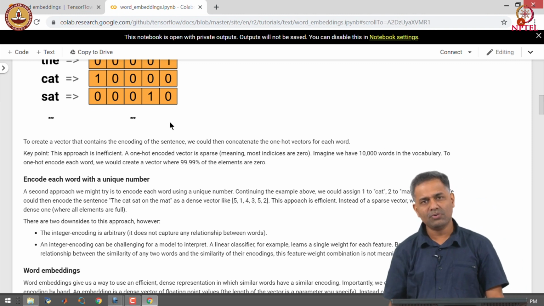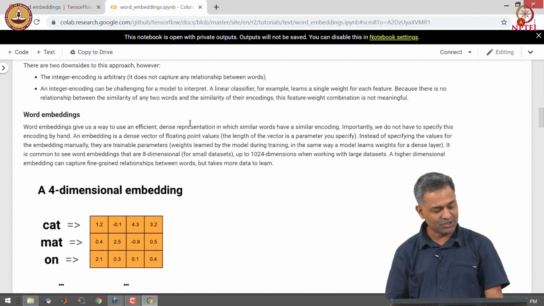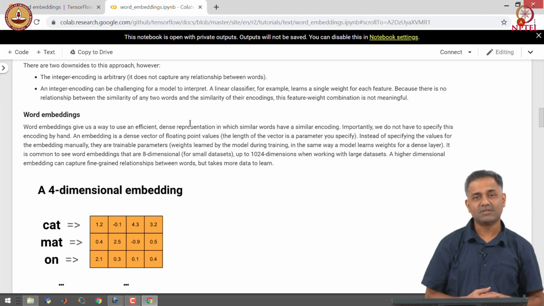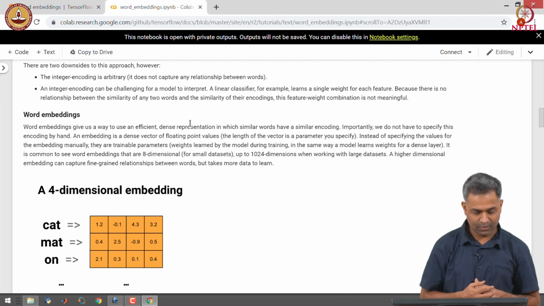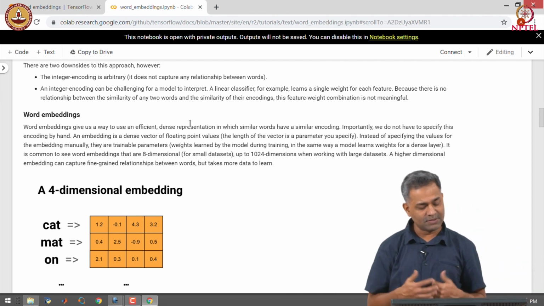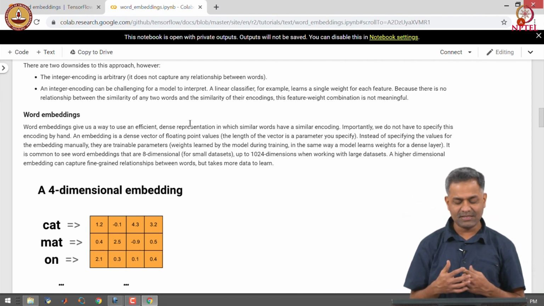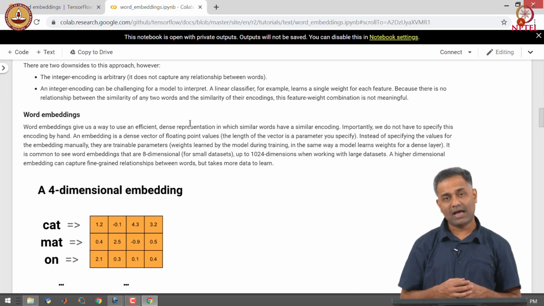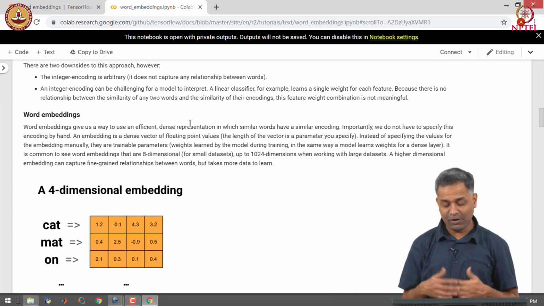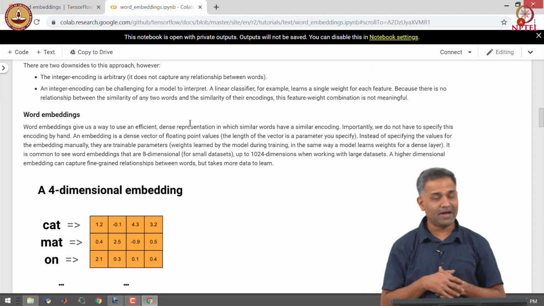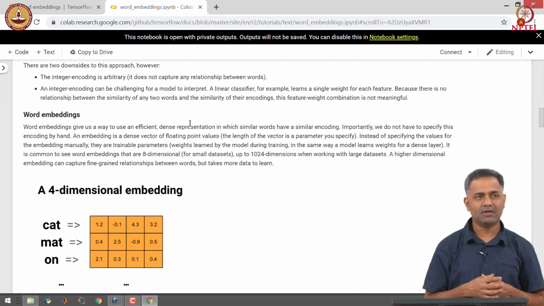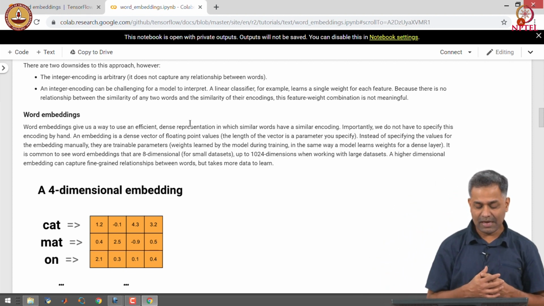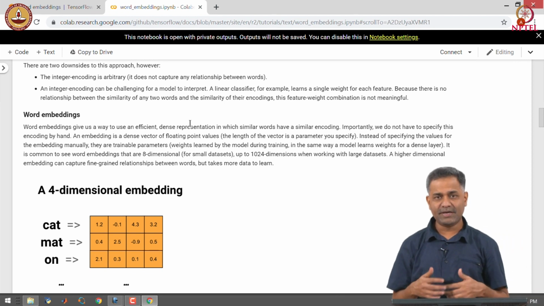In order to overcome the limitations of the first two approaches, we have an approach of word embedding. Embedding gives us an efficient and dense representation where similar words have similar encodings. Importantly, we do not have to specify the encoding by hand, and these encodings can be learnt during the training process.